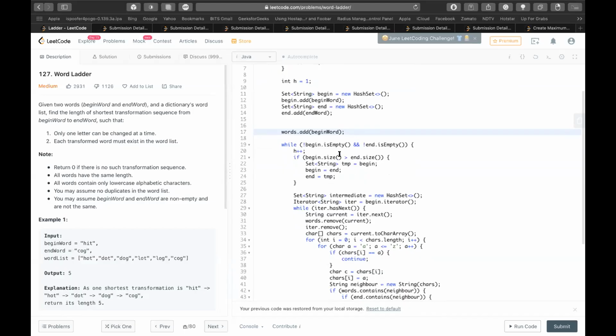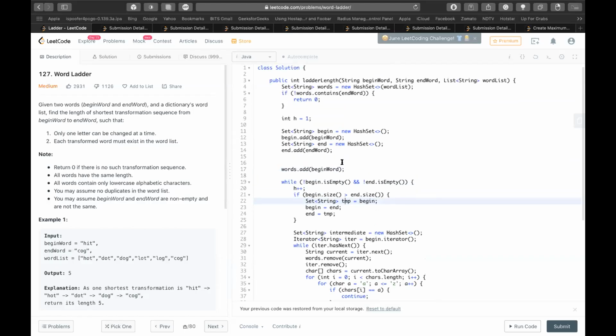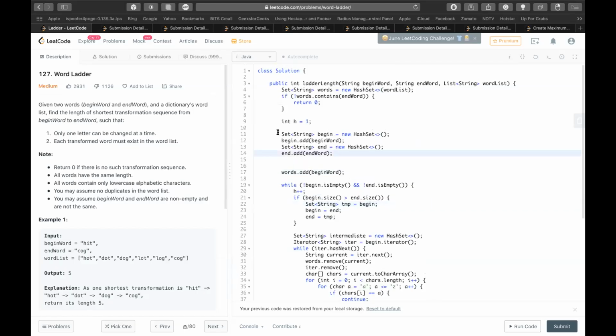So I am taking one of the sizes, whichever is the smallest. I'm using the set as a queue itself. Sorry to interrupt you, but why are we using a set as a queue? Order of one time to look in. With a queue you will take order of n time to process, but in a set you can do it within order of one. That is what bidirectional BFS is doing.